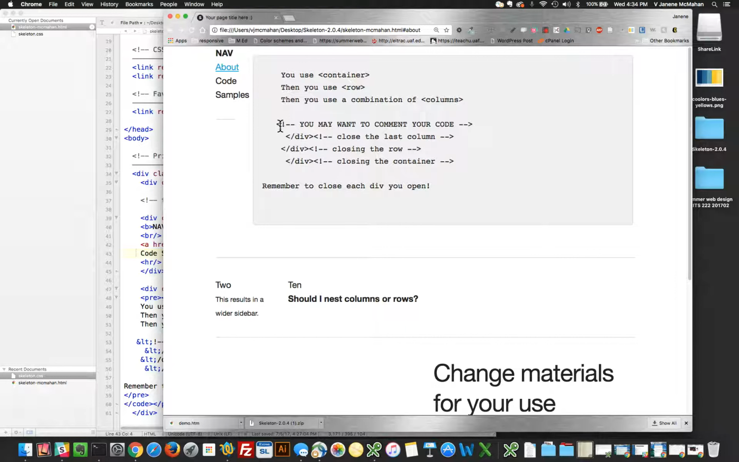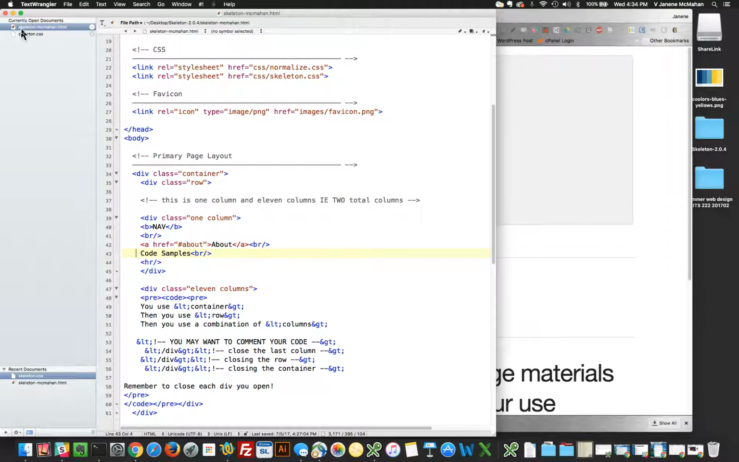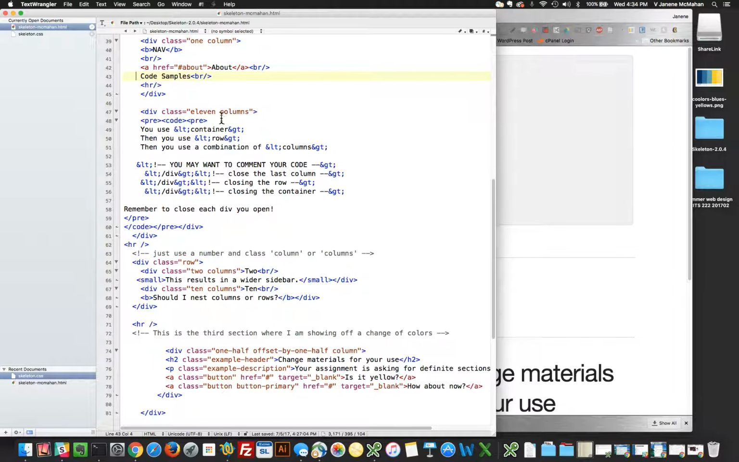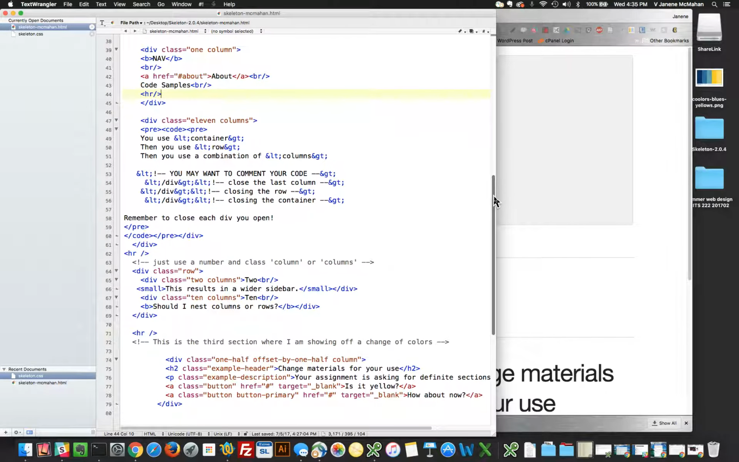So I had less than sign. Then you close your column, close the row, close the container. In other words, for this to work, you have a container, a row, and then a combination of columns. What does that look like over in my document? Here is